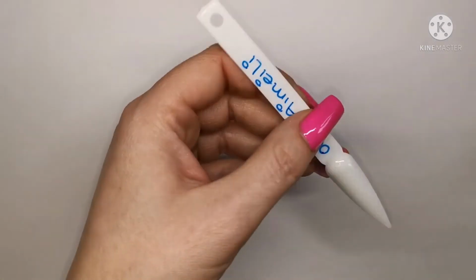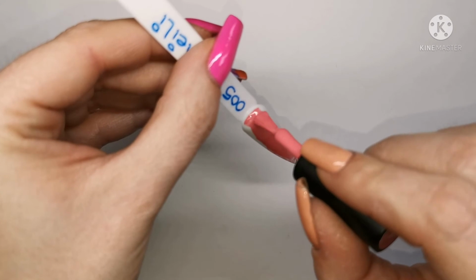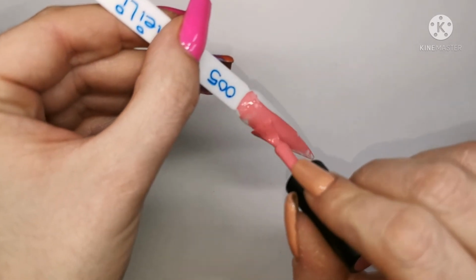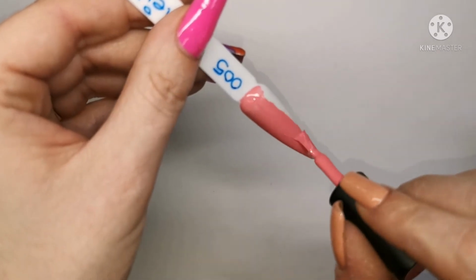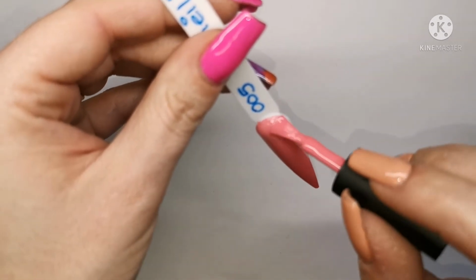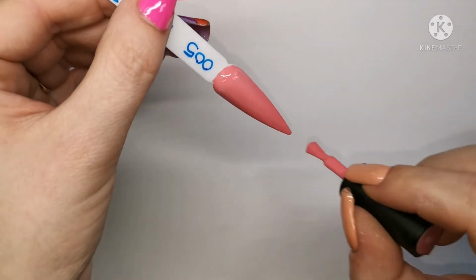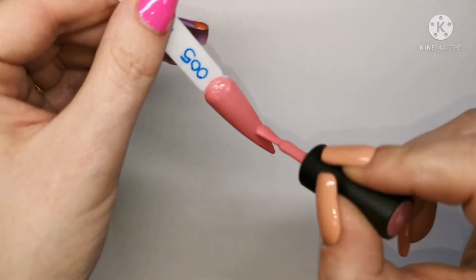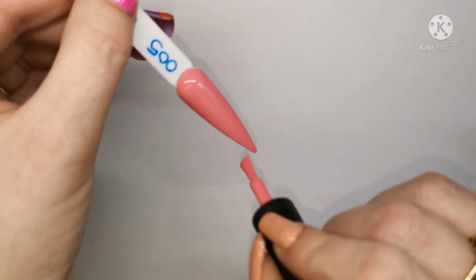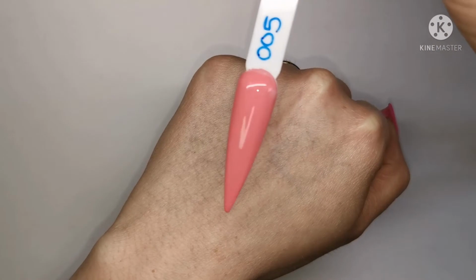005. Ooh, this is lovely and creamy and pigmented. You can see these being really opaque. Look at that. Love how that self-levels in front of your eyes. So that's 005. And we've got